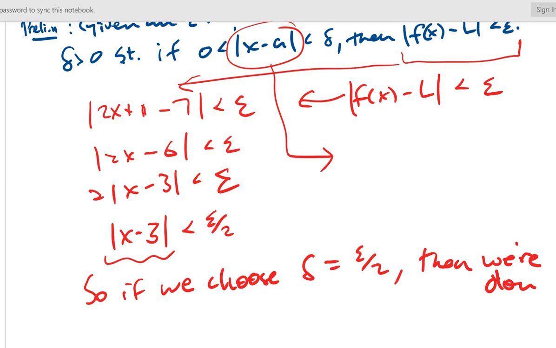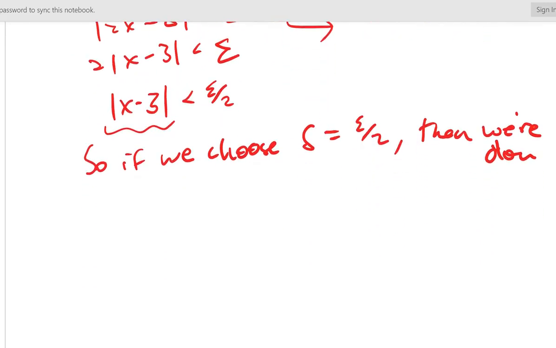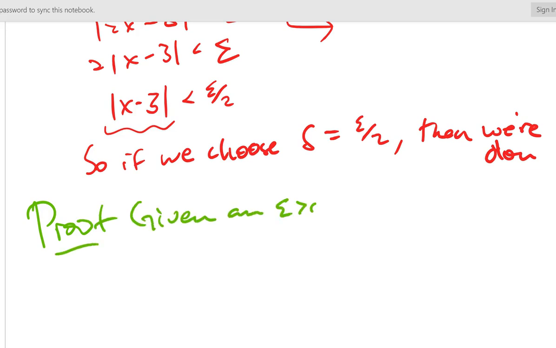It's less than or equal to epsilon over 2. So here's the proof. Let me show you. Proof. Given epsilon greater than 0, choose delta to equal epsilon over 2. Then,